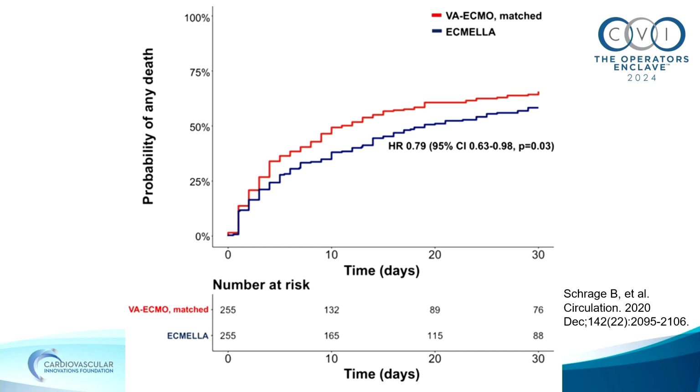So what's the data on VA ECMO and ECPella? If you do a PubMed search, you'll find probably as many papers showing neutrality with ECPella versus positive results. This is one of the European papers that propensity matched VA-ECMO patients with what in Europe they call ECMELLA, in the US we call it ECPELLA. And there was a 58% versus 65% mortality in the ECMELLA versus the non-Impella group in this particular study. But again, if you do a literature search on these retrospective studies, you'll find there are many showing no